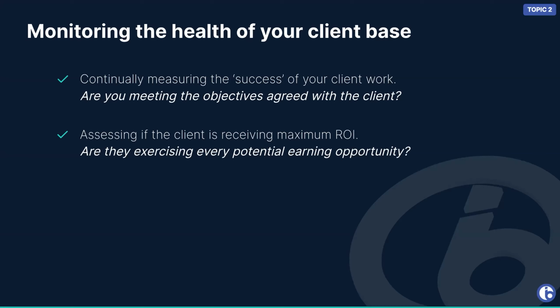You should also have your personal objectives as well. How can I deliver for my client? How can I overperform for my client to make sure that they are undeniably satisfied with my service, okay? So if you're not only hitting the agreed objectives, you're also going above and beyond and suggesting other ways that they can make more money, which could, of course, result in your business profiting additionally as well. But the main goal here is taking care of the client, making sure that you're hitting the objectives and that you're earning them in every way possible. You're earning them maximum return on investment, all right?